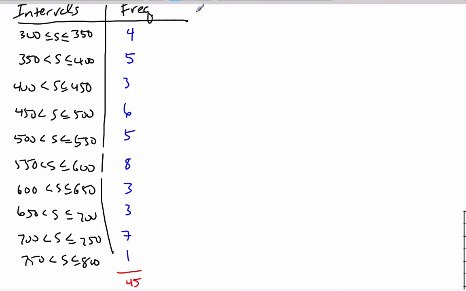Okay, so next we're going to look at a cumulative frequency table. In order to do that, we have to have a frequency table, which I have here. And I'm going to make one more column from here. And this column I'm going to call the cumulative. And even the word itself, cumulative, implies as you add them all up. That's what cumulative means. And so what this is saying, from 300 to 350, I know there are 4 in